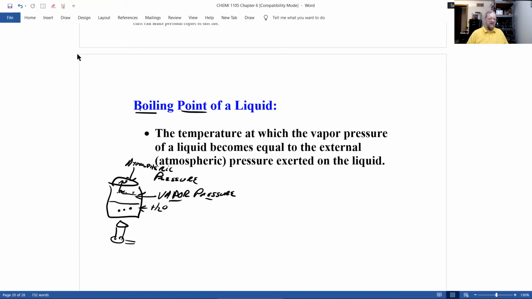So vapor pressure is the pressure of water vapor if you're boiling water. And it's the same for other liquids too. And when this pressure, vapor pressure, equals that pressure, atmospheric pressure, the temperature of the water, if you had a thermometer,